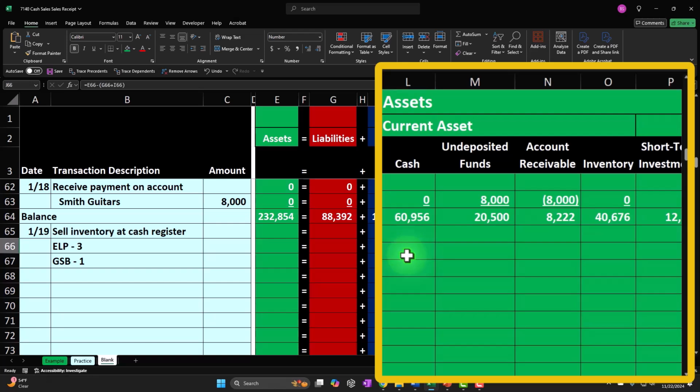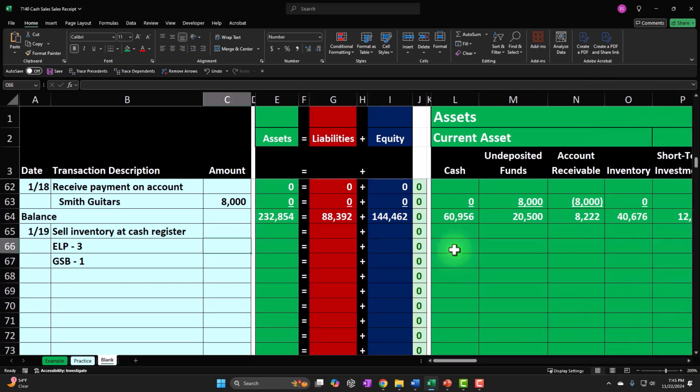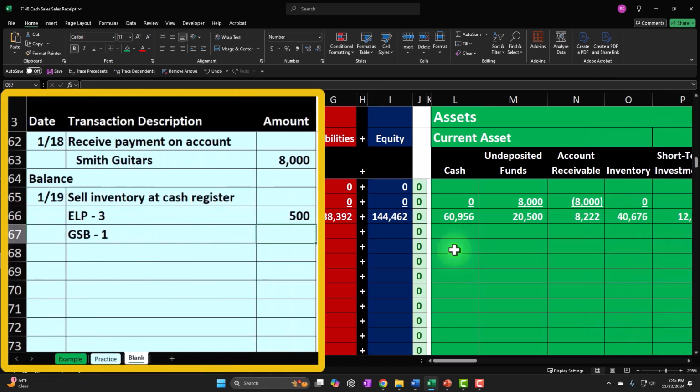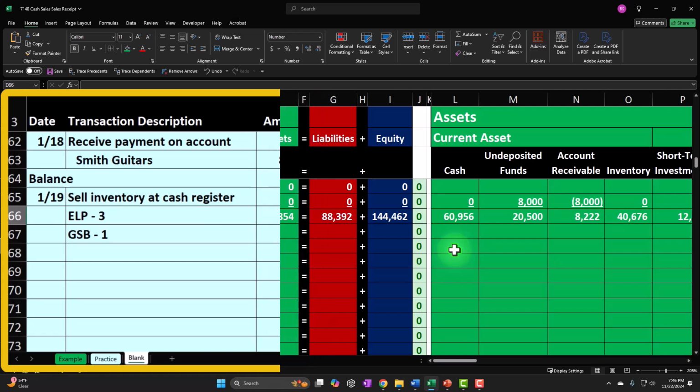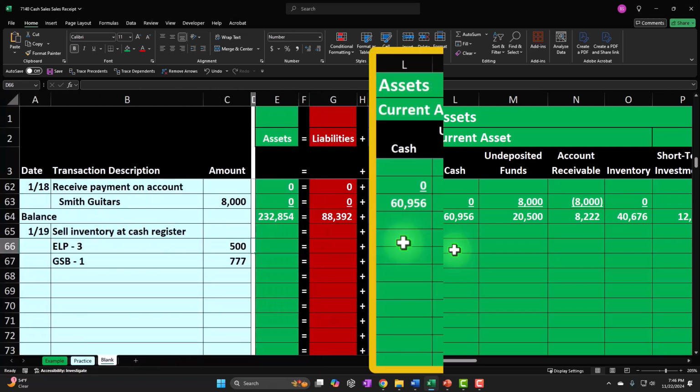All right, so we're going to say the ELPs, we sell them for $500, and we sell the GSBs, we sell them for $777. That's not the cost to us, that's the sales price. We're going to record it on a perpetual inventory system. Although these two things happened at the same time, you can imagine they come up to the cash register with these two guitars or these three ELPs and one of these GSBs, but we're going to put them in line item by line item based on the